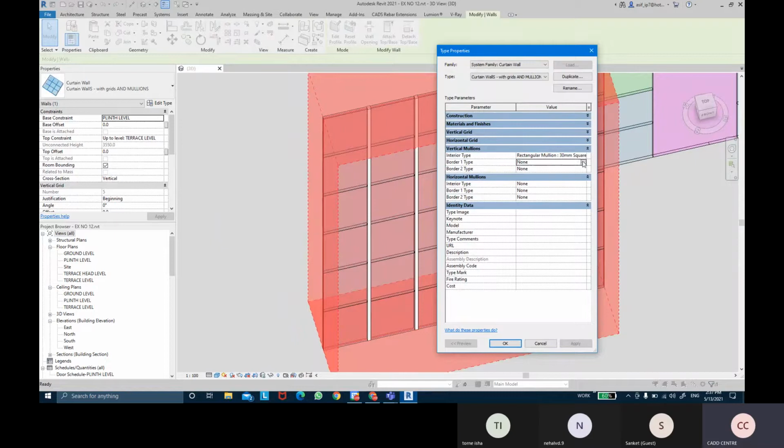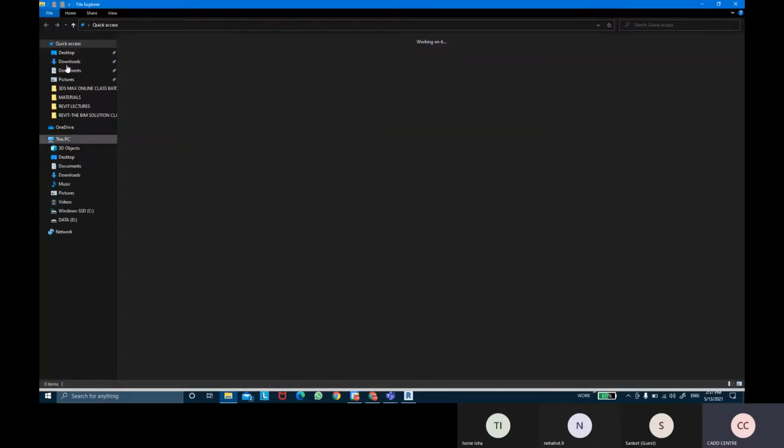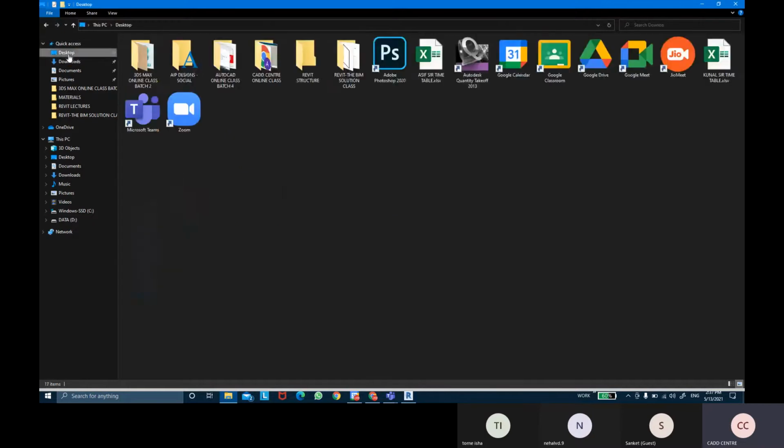If I come into border type 1, I have a few more profile shapes of mullions. We have circular mullions, L mullions, corner mullions, rectangular mullions, even trapezoid mullions, and V corner mullions. They have different usage. If you see an example file, I'll show you.